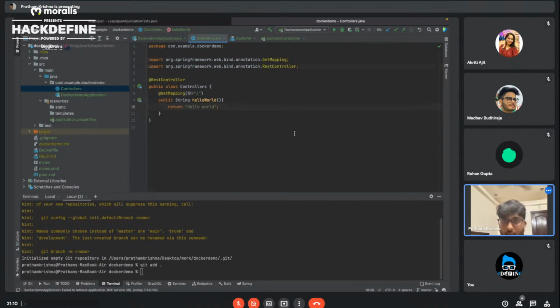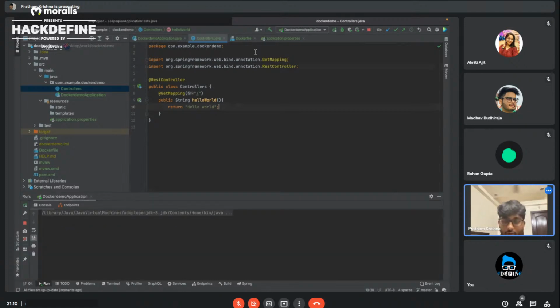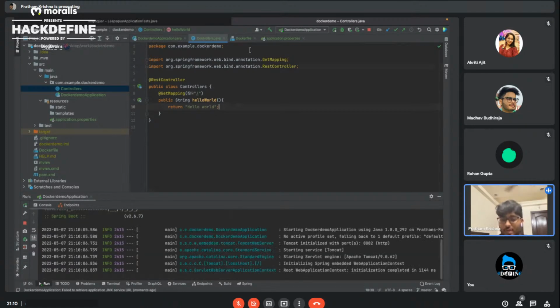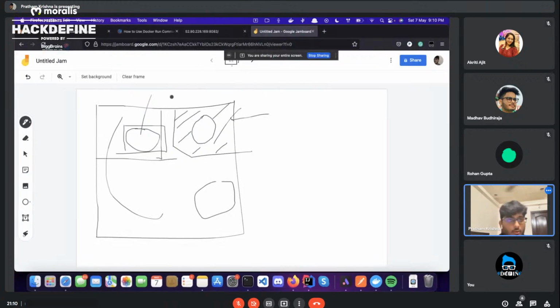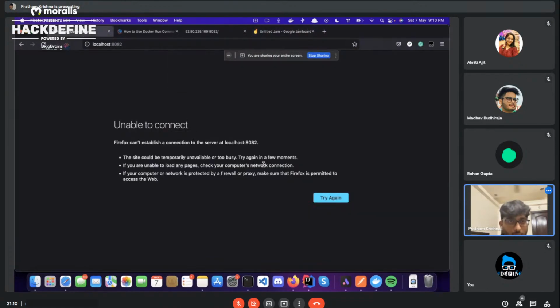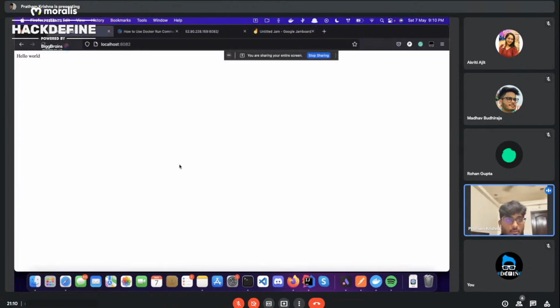Let me just run this application and show you real quick. Dockerfile is used to set certain configuration properties for your container or the Docker image. It's running on port 8082, and you see hello world is actually being printed.